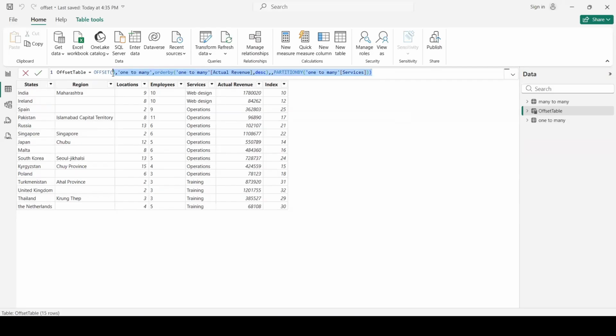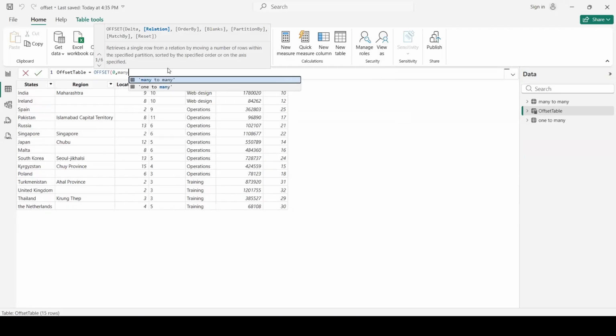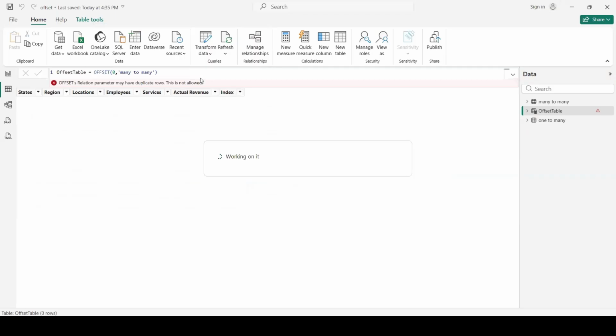So if we say, let's say 0, we just want to visualize the whole table now, and we say many to many as a relation, and we close parentheses, we'll get an error. Offset relation parameter may have duplicate rows. So even if we switch it back, we switch it forward, the first column index with unique values, we still get this error. But there is a trick.